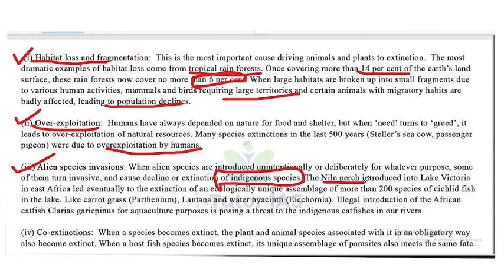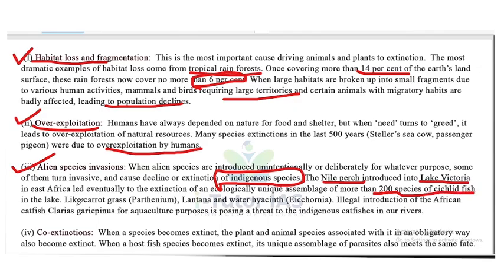Let's see some examples. Nile perch was introduced into Lake Victoria in East Africa, which eventually led to the extinction of an ecologically unique assemblage of more than 200 species of cichlid fish